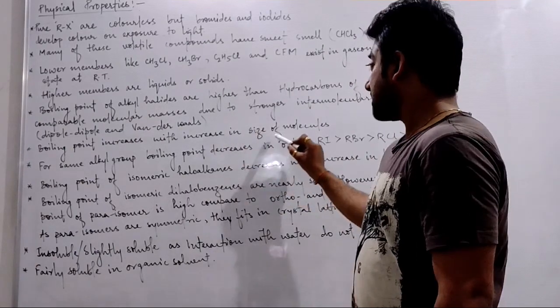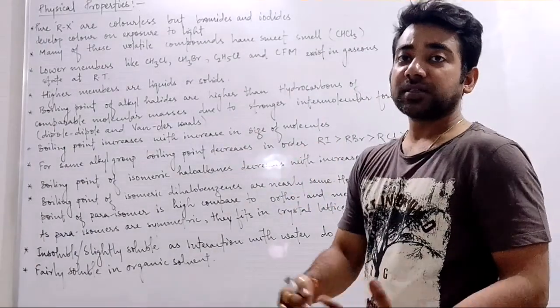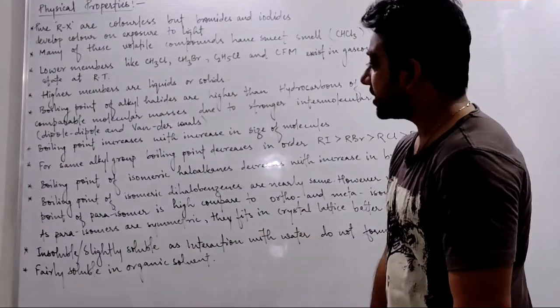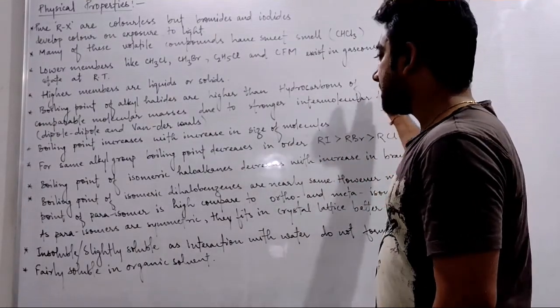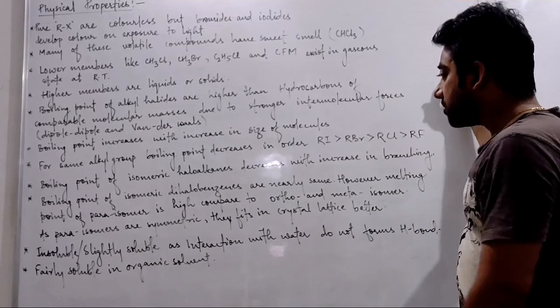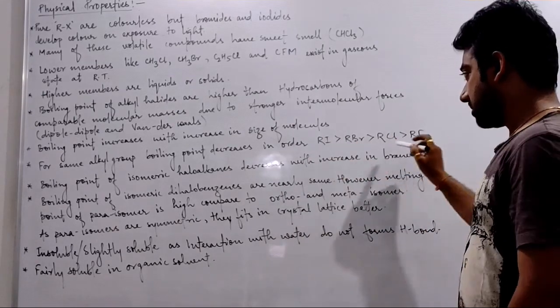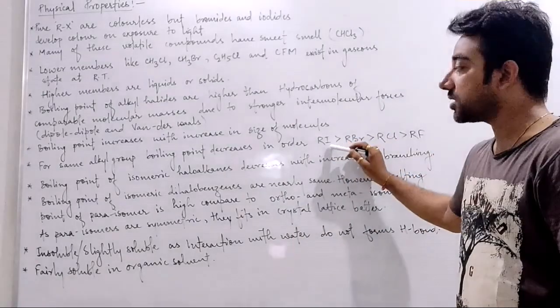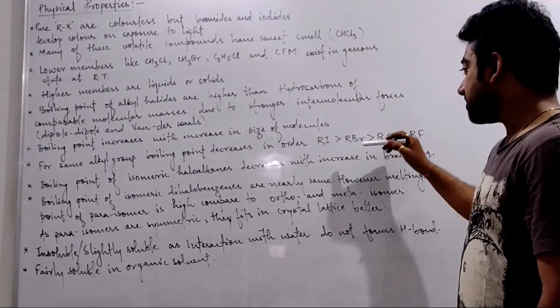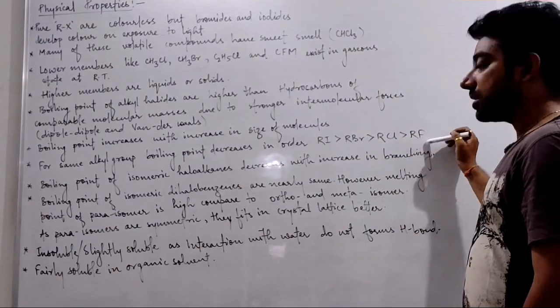Boiling point increases with increase in size of the molecule. Molecule का size बढ़ेगा, van der Waals forces बढ़ेगा, so boiling point will increase. For the same alkyl group, boiling point decreases in this order. Alkyl iodide का boiling point सबसे ज़्यादा होगा, alkyl bromide का उससे कम, alkyl chloride का उससे कम, alkyl fluoride का